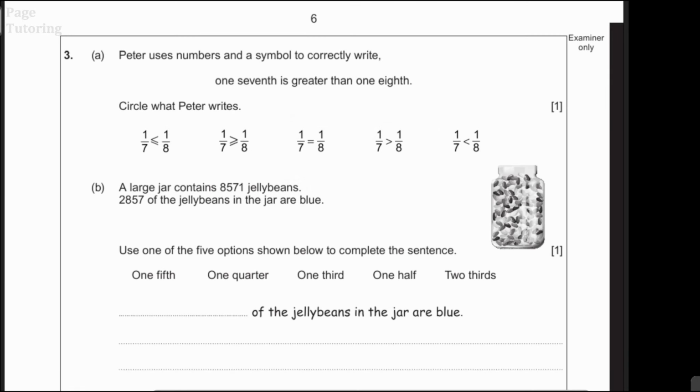Question 3, part A. Peter uses numbers and a symbol to correctly write 1/7 is greater than 1/8. And it says circle what Peter has written. Okay, well, starting off with the greater than,